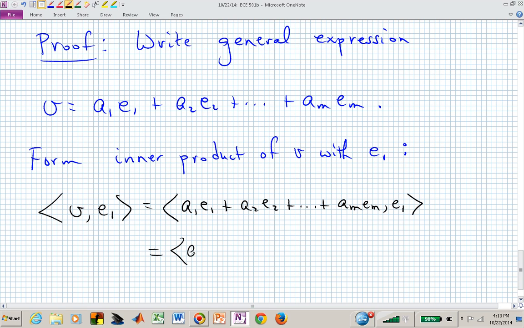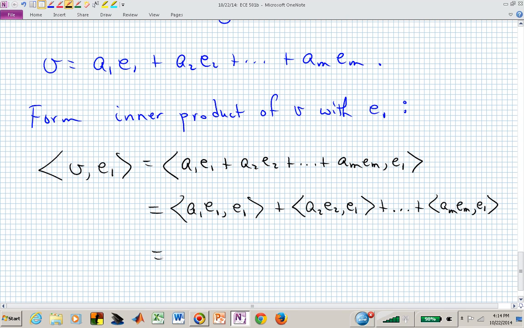Meaning we can now separate this into m inner products. We have A1 E1 E1 plus A sub 2 E sub 2 E1, etc., down to A sub m E sub m E1. The homogeneity of our first slot allows us to slide those scalars outside the inner product. We now have A1 scaling the inner product of E1 with itself, plus A sub 2, inner product of E2 with E1,